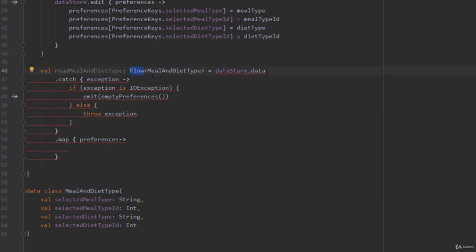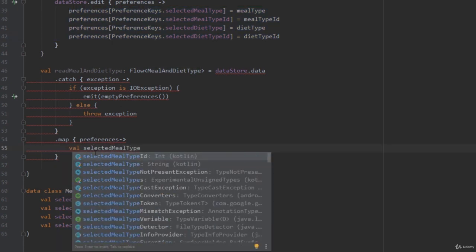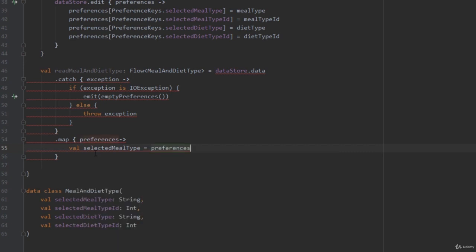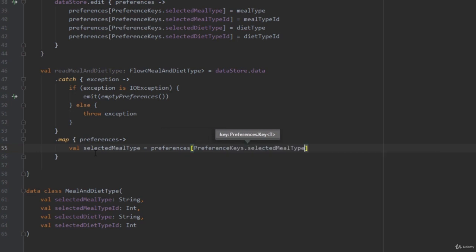So the type of this flow is a meal and diet type, so that means that we need to return that same object, and here we're going to create that object using those 4 different values. So first I'm going to create selected meal type variable here, and I'm going to use preferences to actually get the value, and here I'm going to type the actual key, so preferences key dot selected meal type. So I'm going to use Elvis operator here, so question mark and colon, and here I'm going to type main